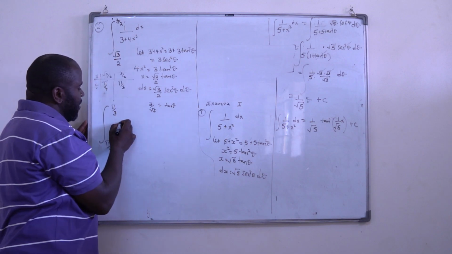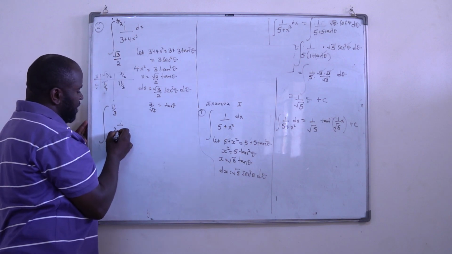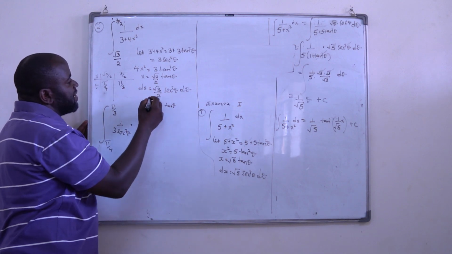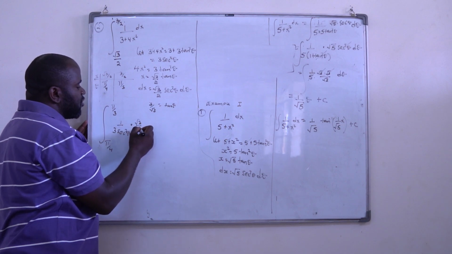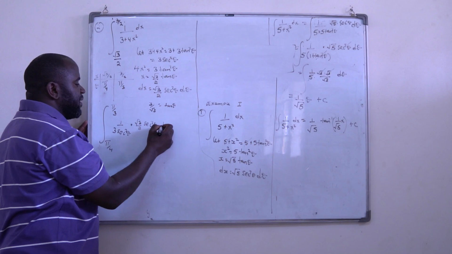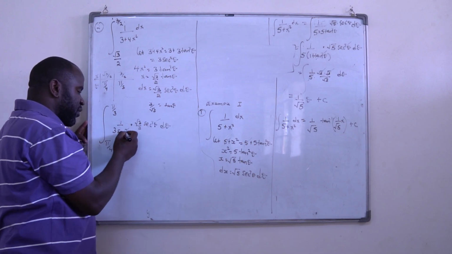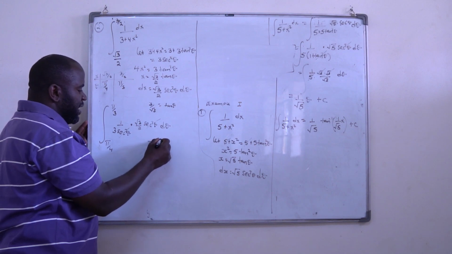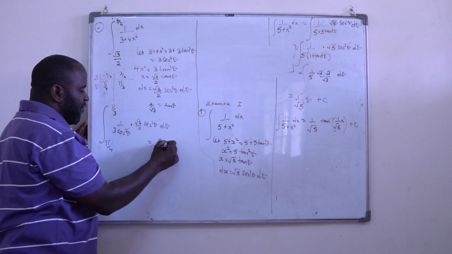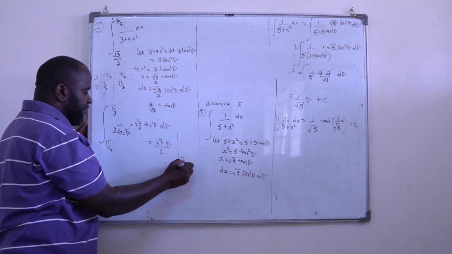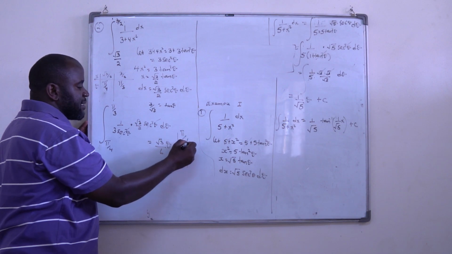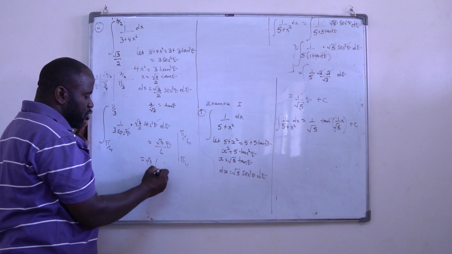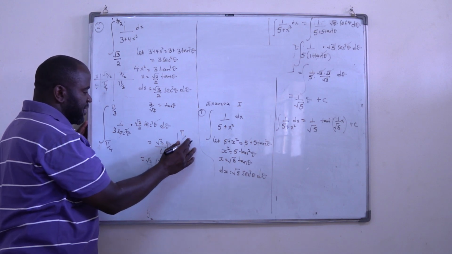When you substitute down here, I'll have 1 over 3 sec squared of theta times dx. Dx is going to be root 3 over 2 sec squared of theta d theta. I can lose the sec squared. Then this is going to become root 3 over 6 of theta, integrated from pi by 4 to pi by 3. When I substitute, I'll have root 3 over 6 into pi by 3